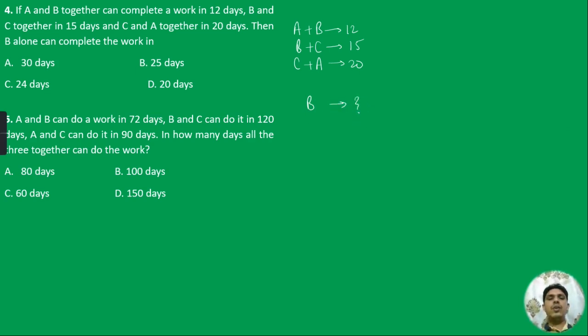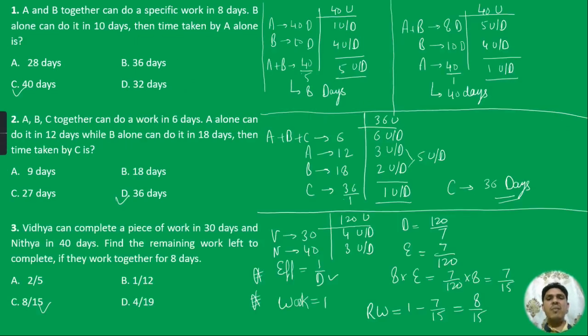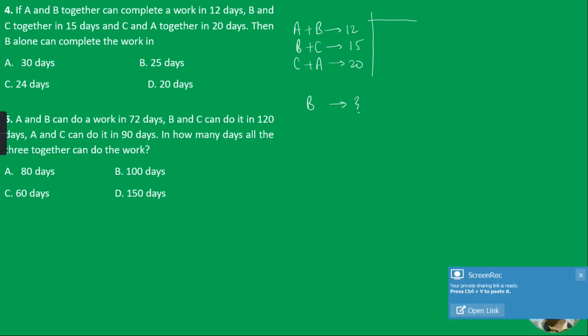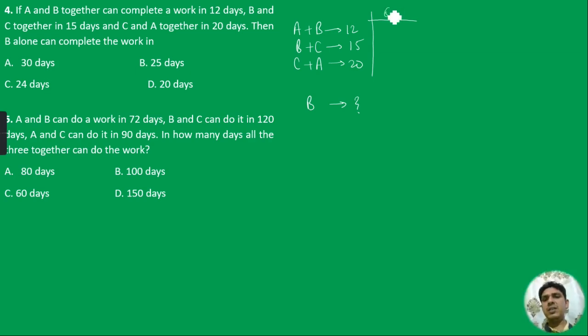Right? So this question is the same as the previous one that we have done, question number 2, but there is a little bit of difference. The difference is there are two components of A, two components of B, two components of C. That means if we do the same question in the same manner as previously, if we find the LCM of 12, 15 and 20, the LCM will definitely be 60.